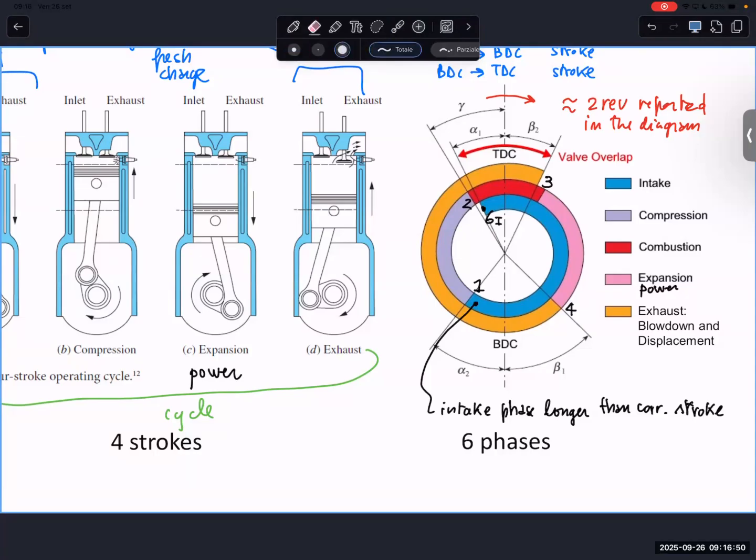Here we have, together, according to what was described by Heywood, exhaust. So here we have two phases, 5 and 6, together. Blowdown and displacement actually are maybe difficult to distinguish. We have 4, maybe 5 can be here. We don't know exactly where it is. And from 5 to 6,